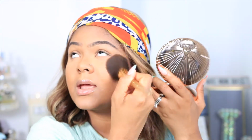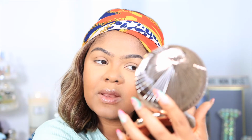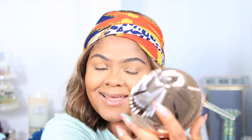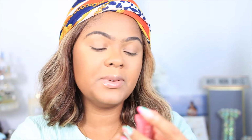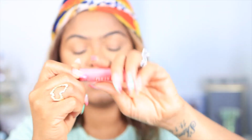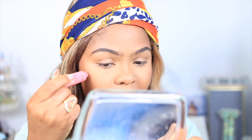I love bronzers. They're literally my favorite. I think that's my favorite part of my makeup, is when I bronze my face. This Maybelline Cheek Heat. I also love a good blush because I'm a girly girl, but also